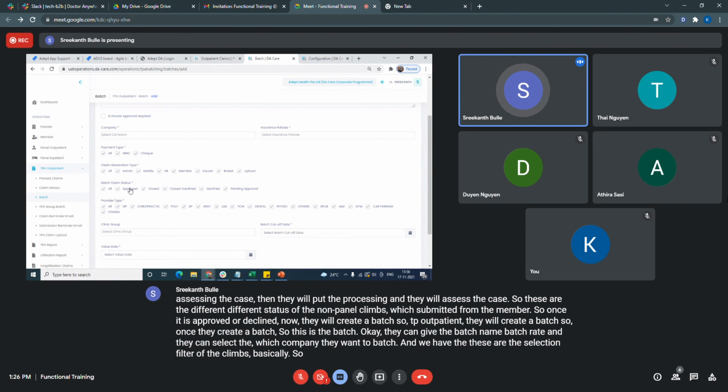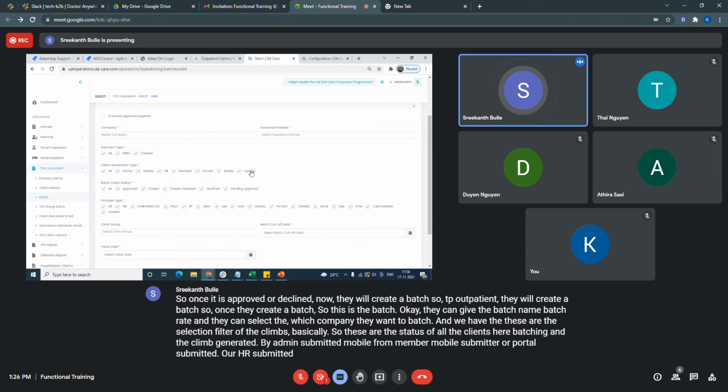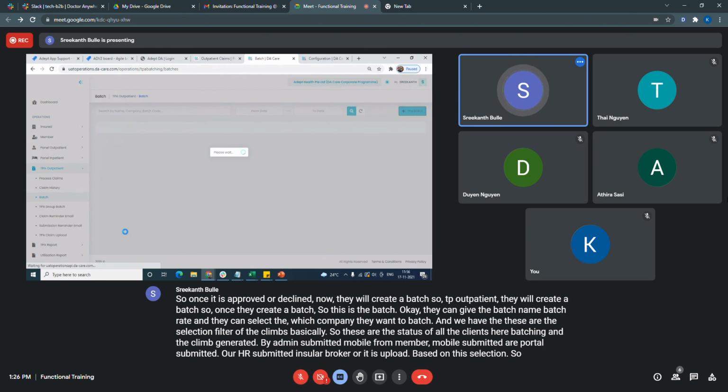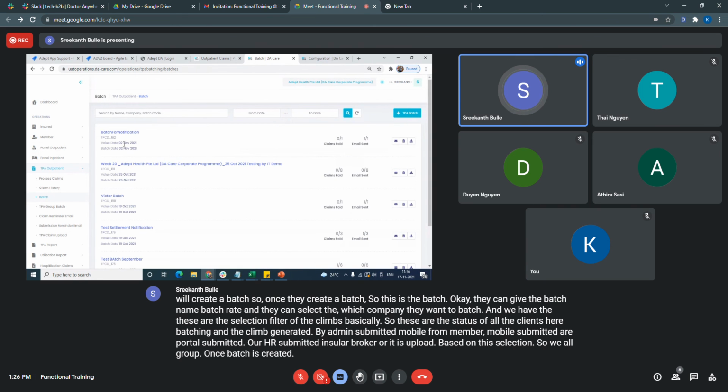So these are the statuses of all the claims we are batching, and the claims generated by admin submitted, mobile submitted from member, or portal submitted, or HR submitted, insurer, broker, or upload. Based on this selection, we group. Once the batch is created, it will be shown like this. So we can go here.